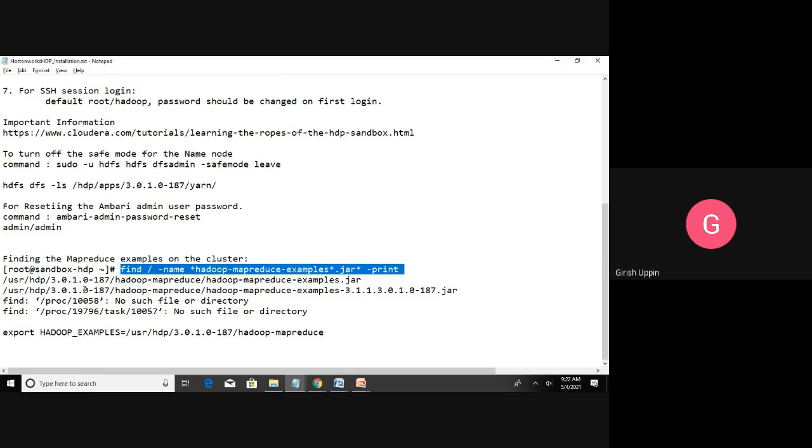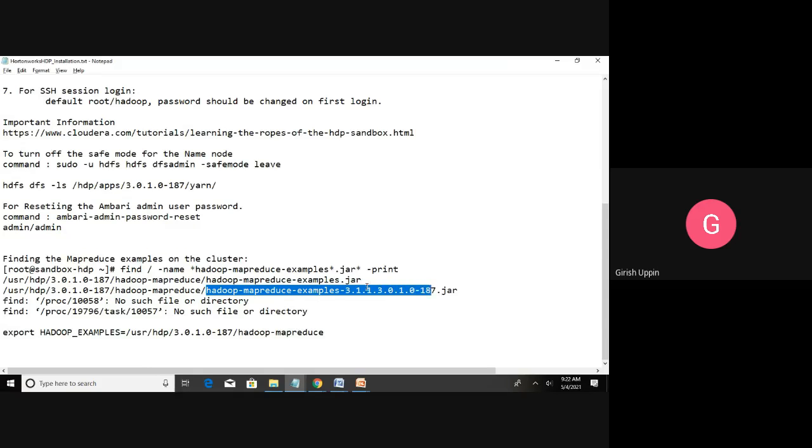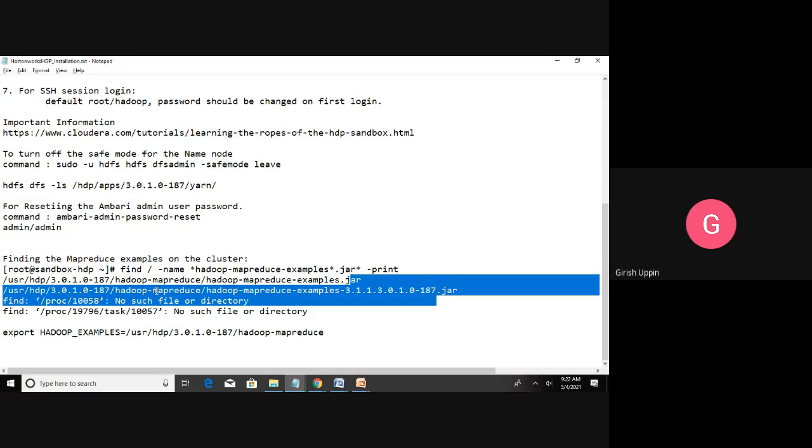After issuing this command, it found two locations, two jar files. One is under the location /usr/hdp, then this is the version of the file, then hadoop-mapreduce. There I have one jar file, hadoop-mapreduce-examples.jar, and the second one is hadoop-mapreduce-examples with the complete version name. Two jar files I was able to find in these two locations.